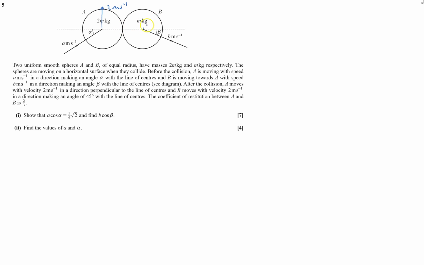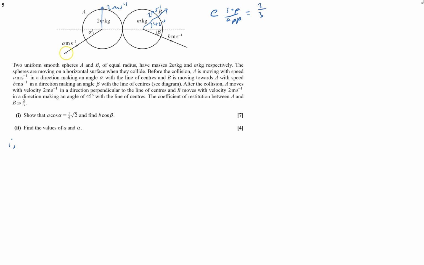I'm going to put it this way, like so, because this one weighs 2m, it's likely to bash it this way. So that bit is 45 degrees to the line of centers, and that is also moving at 2 meters per second. And it says that E, which is separation speed over approach speed, is 2/3. And I've got to show something, right. Well, first off, I'm going to start with looking at